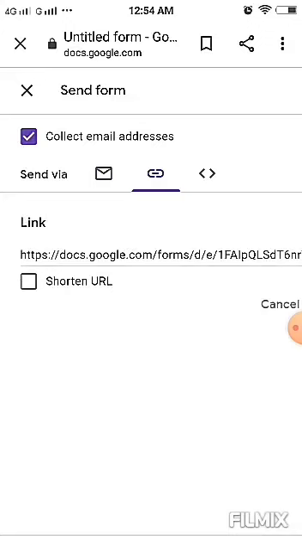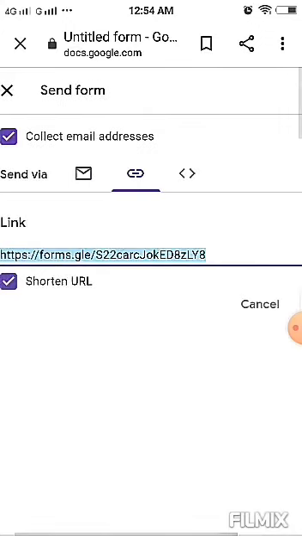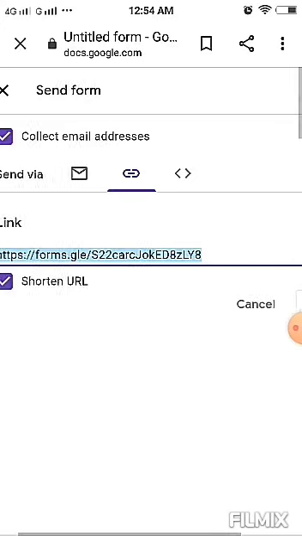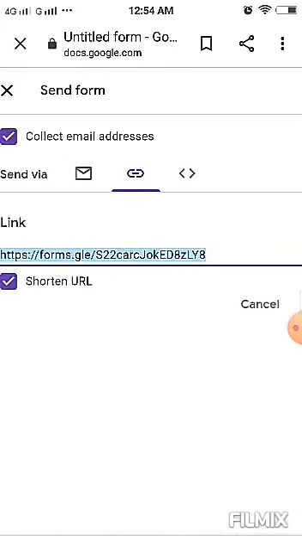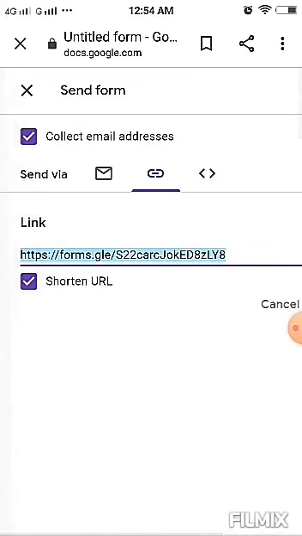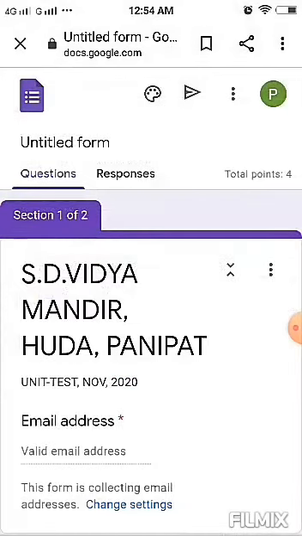Click on the box shorten URL. It will reduce the size of the link. Scroll your screen and click on the copy button. Now paste this link to your WhatsApp inbox from where you want to send the paper. So this is how to create a paper, do settings and send the paper to your student.